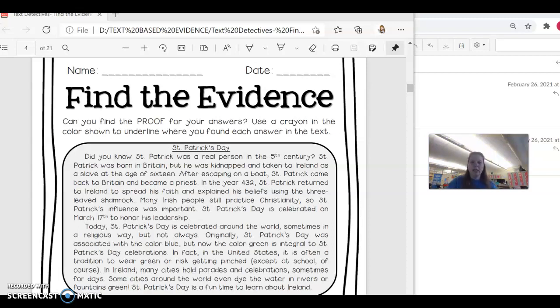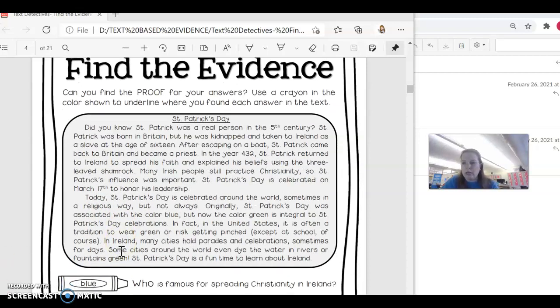All right, the last one is the more difficult one, which is the why. Okay, so you have to think about your story. You have to understand what the character is doing or the information that is being taught in order to answer this question. Okay, so you have to look a little bit harder for the why and for the how question. So those two are the hardest ones. So let's go ahead and get started. I want you to take your story and put it in front of you and follow along while Miss Esther is reading. That means your finger is on your text. Okay, so here we go.